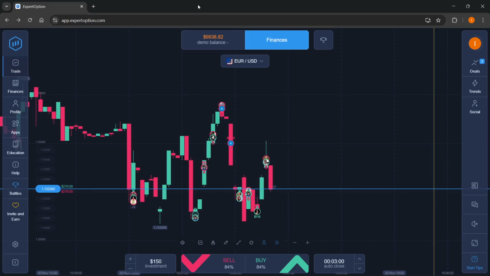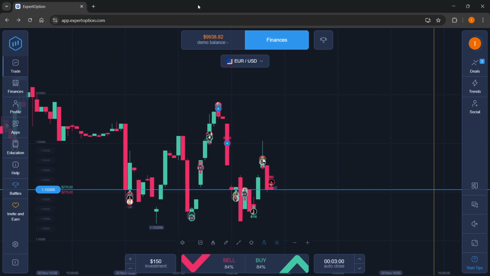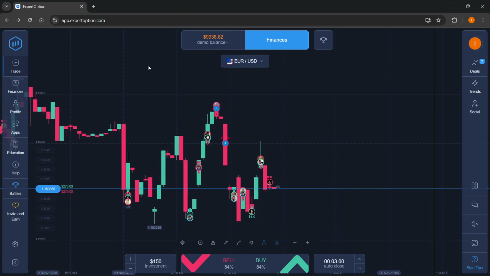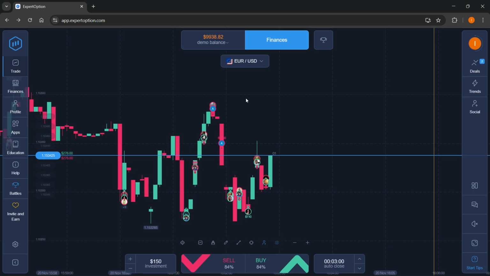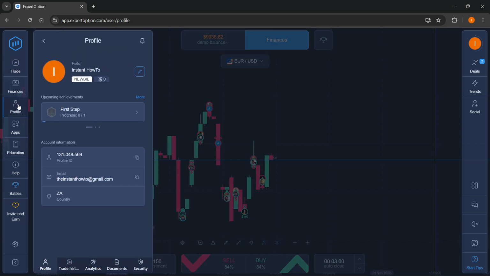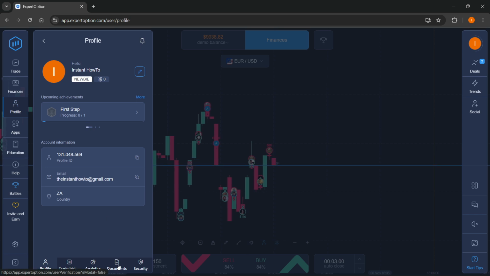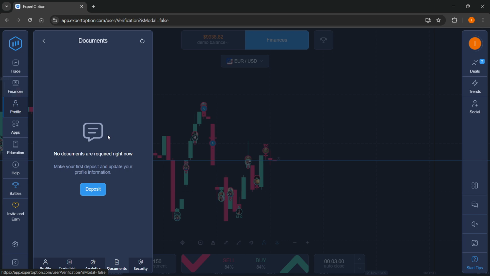In this video, I'm going to show you how to complete KYC in Expert Option. Now, the first thing you have to do, of course, is make your first deposit onto your real account, and after you do that, you'll be able to do your KYC the following way. So go to your profile here on the left, and then go to the bottom where it says Documents. Click on that, and if you've never done a deposit onto your account, it's going to